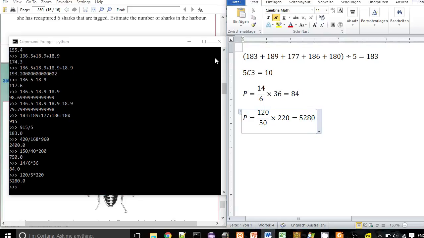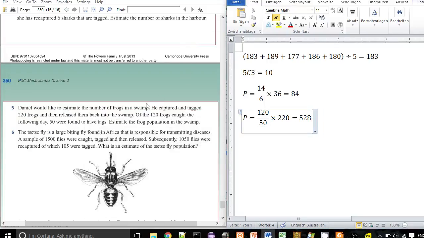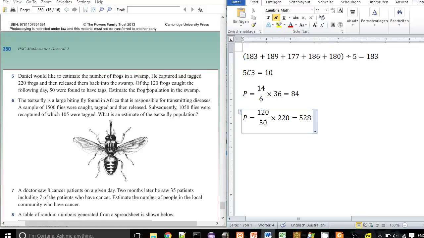And just to maybe wait. Did I type it wrong? Oh, yeah, I left out the 50. I was going to say, this number's not right. 528. Okay, to understand it a bit better, when he captures those 120 and finds 50 are tagged, just think